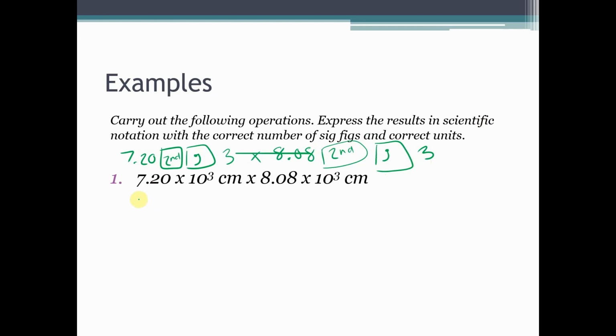What shows up on your screen should be 7.20 E3 times 8.08 E3. This is what it should look like on your screen as you're typing it in. And if it does not look like this on your screen, you are doing something incorrect. Please check what you have done. After you type this in, your calculator should spit out